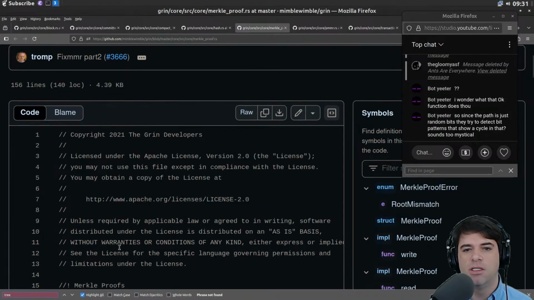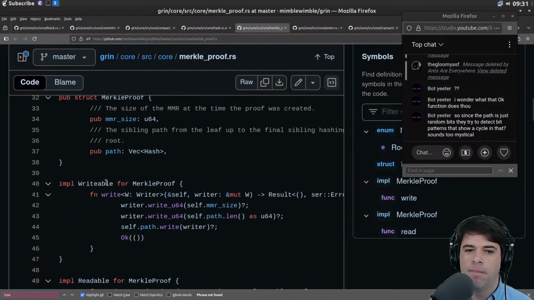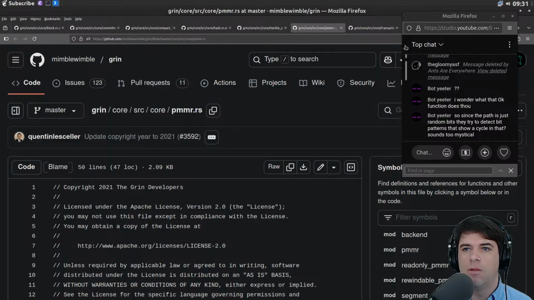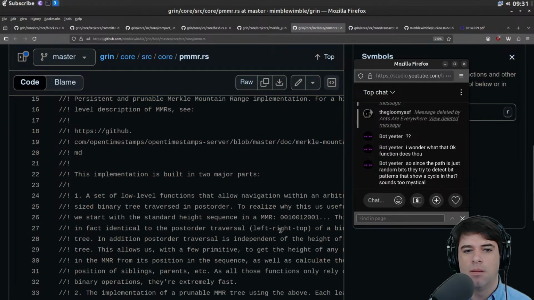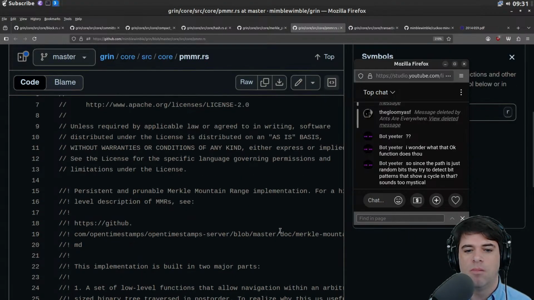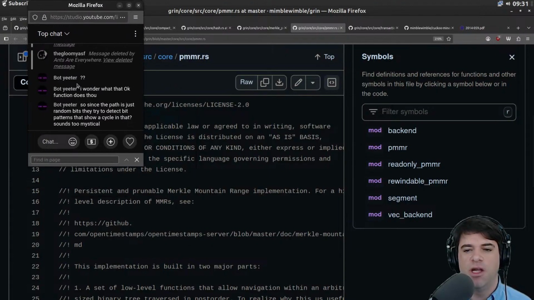Well, the word tree doesn't appear anywhere. I'll ignore that for now. I don't know what PMMR is. Persistent and prunable Merkle mountain range implementation.